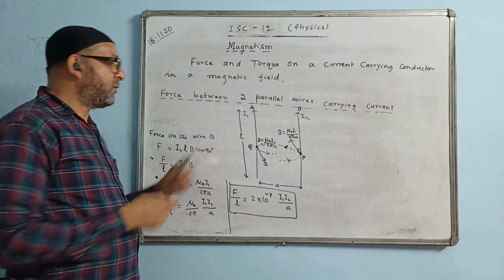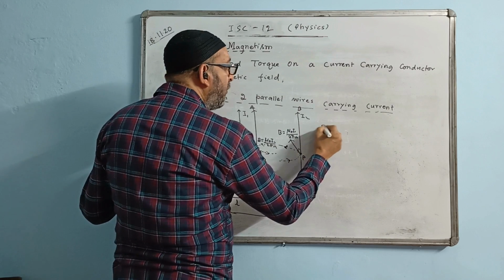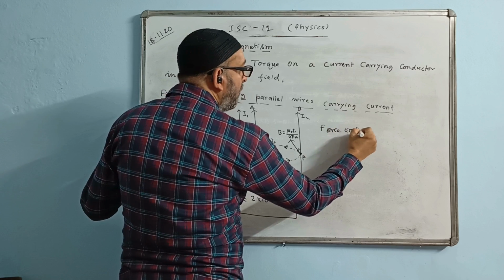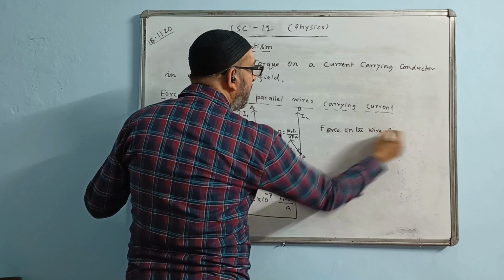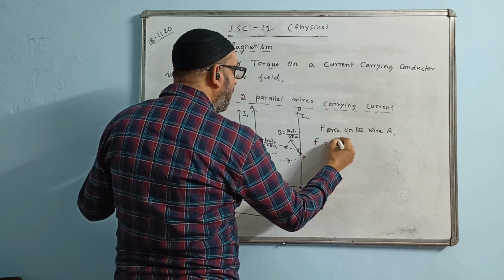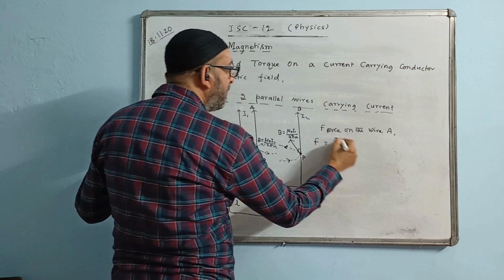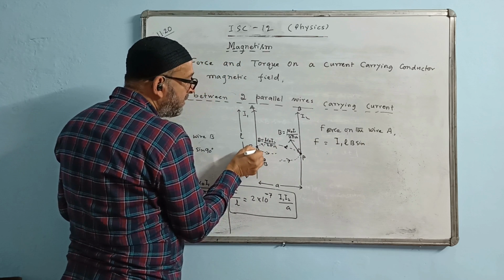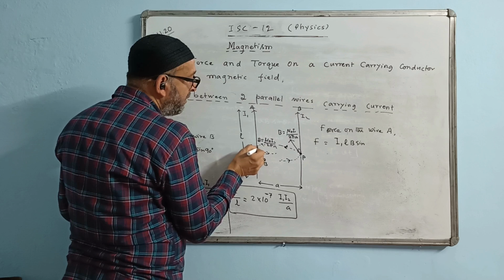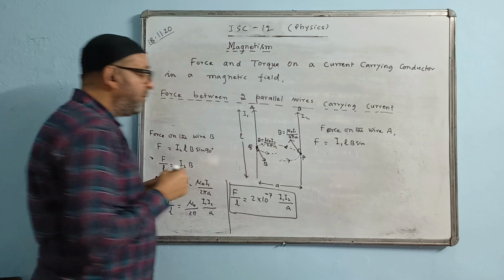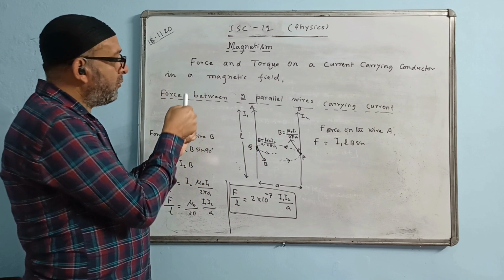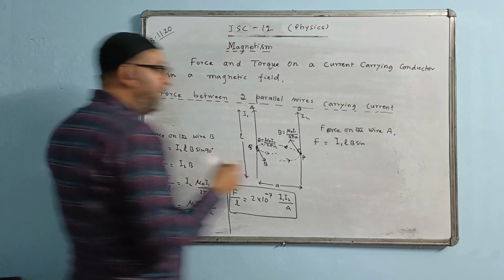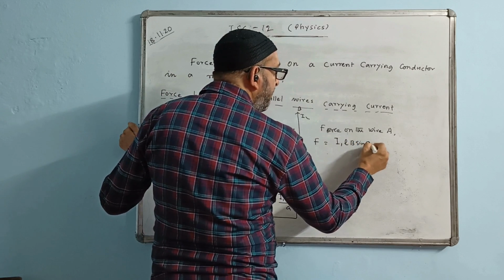Let us check the value of force magnitude. The formula of force on this wire, on the wire A, that I write F is equal to, formula is ILB, current flowing is I1, LB sine. What is the angle between them? Again, the angle between them will be exactly 90 degree. Angle between this and wire will be 90 degree, because this wire is going outward this way. So ILB sine 90 I write.